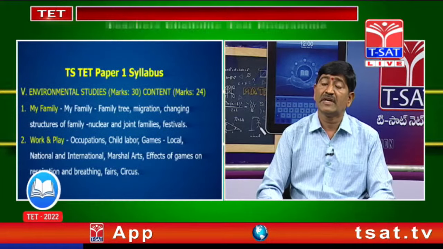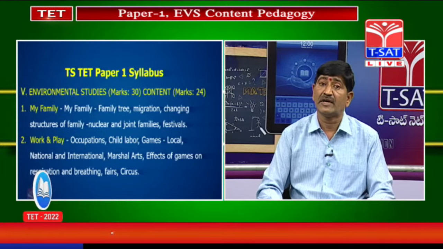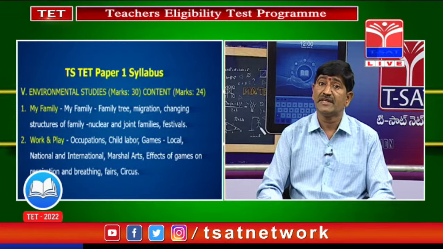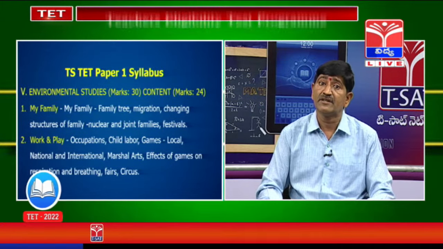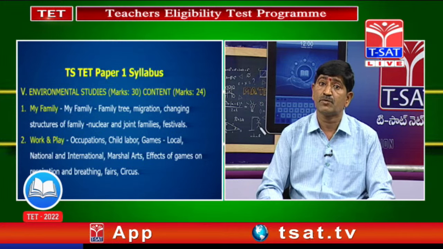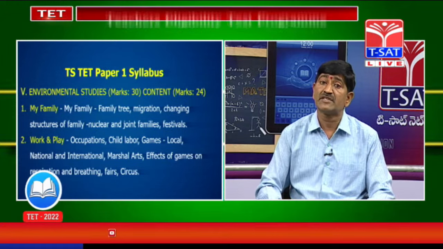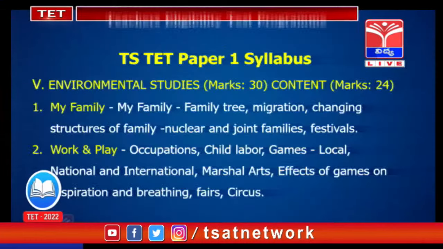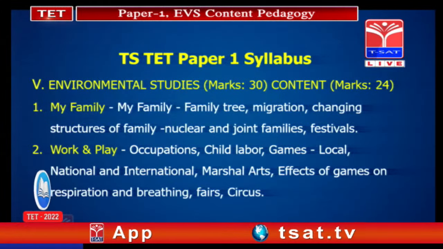For example, games are single games, two-person games, and team games. Indoor games and outdoor games are introduced in the lessons. Every student must read the 3rd class, 4th class and 5th class textbooks. Games have some rules, for example kabaddi rules and cricket rules. You must compulsorily read about games, local, national and international.